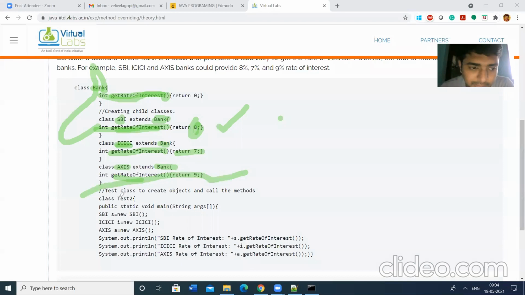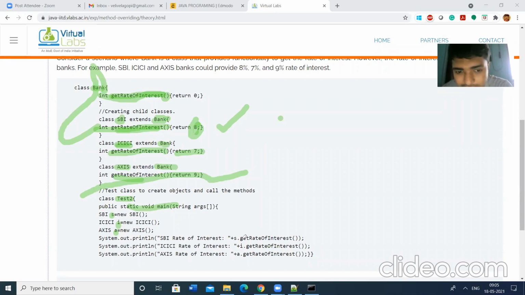To implement that, we need a main class, a driver class. The class name is Test2. This is the main method. He is creating objects for the three banks, SBI, ICICI, and Axis, and then displaying the interest rate.